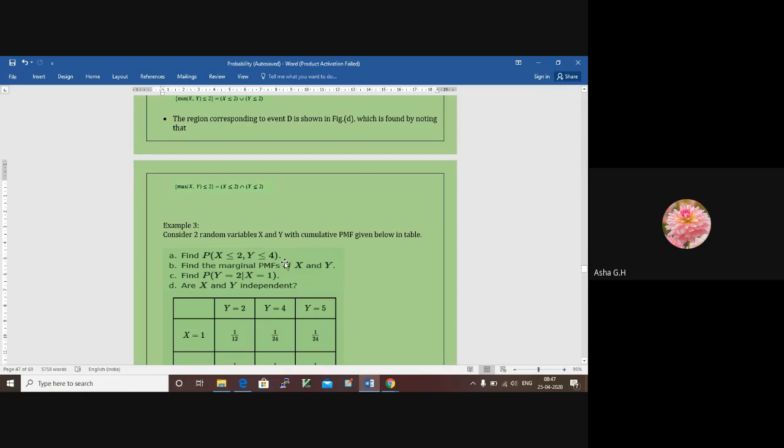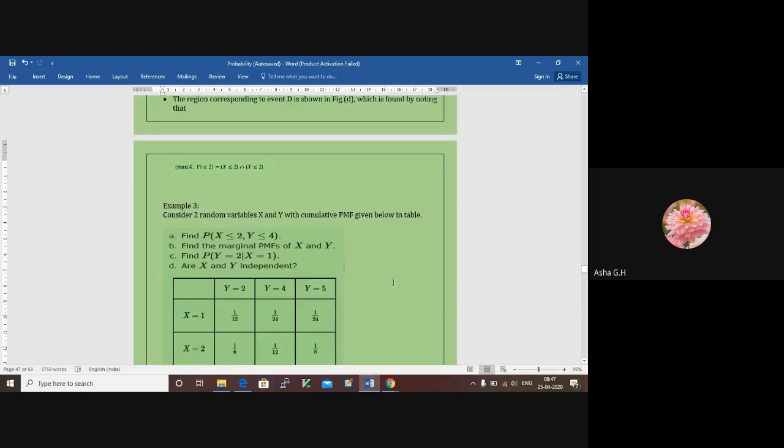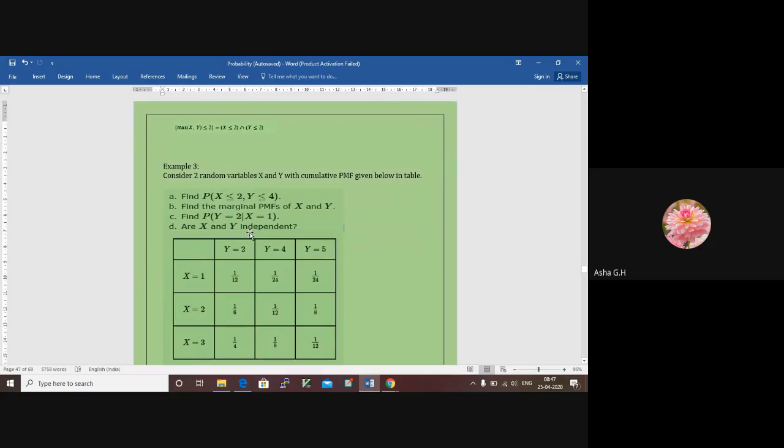Okay, the question is very simple. All these values are given to you in this table. What is the probability that x is less than or equal to 2 and y is less than or equal to 4? So how do you do that? When I say probability x is less than or equal to 2,